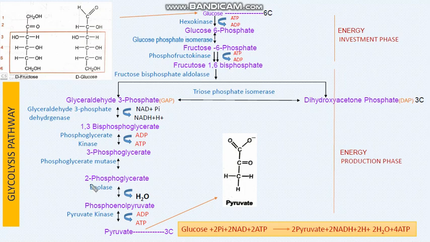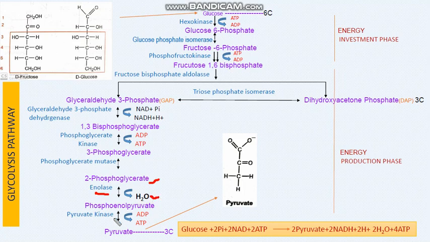So there is a formation of 2-phosphoglycerate. Once the 2-phosphoglycerate is formed, it gets converted into phosphoenolpyruvate in the presence of enzyme enolase, and in this process there is a release of one